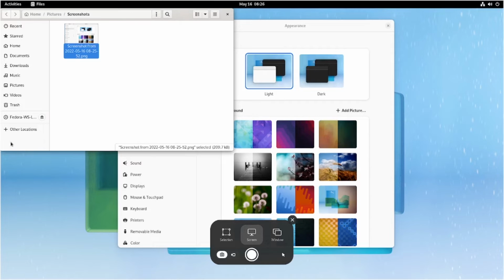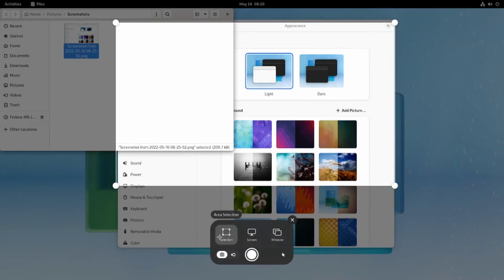Okay, we can see here there's a white line in our screen. I will try selection, and then I will try the record. Let's try. Click.